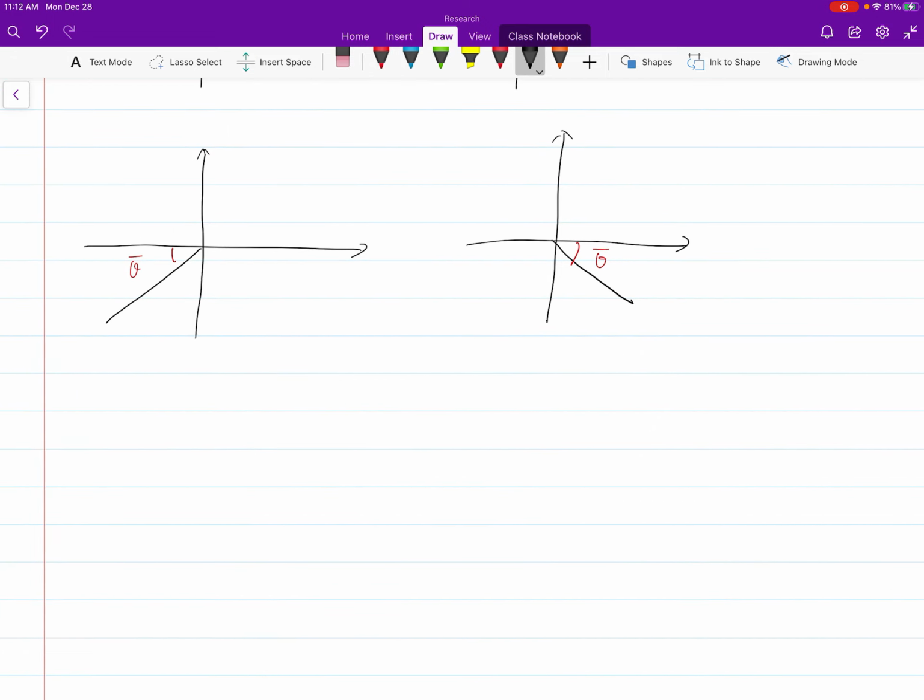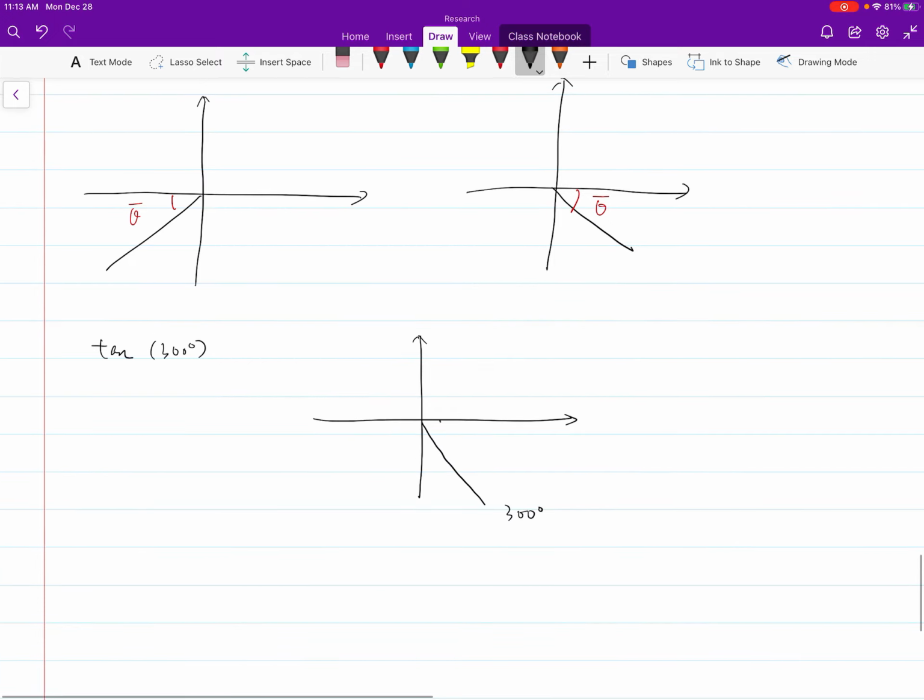Now, for example, if you have the tangent of 300 degrees, what do you do? You draw 300. Then you realize the reference angle is going to be this. Through some calculation, this is 360, this is 300, so it's going to be 60 degrees. So in order to find tangent 300 degrees, you just do the tangent of 60 degrees instead, which is square root of 3, which we already know. The only problem is this one can be positive or negative, because now your x and y can be positive or negative,